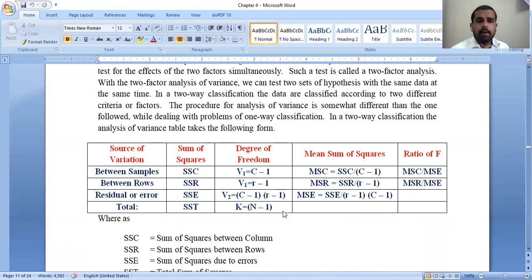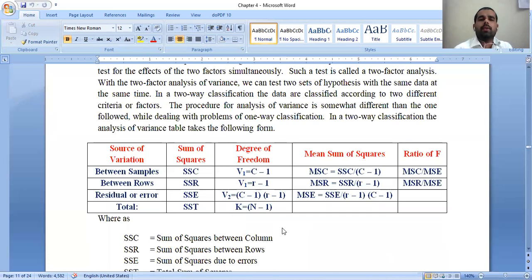One factor means, as we previously discussed, brands A, B, C, D. We focus only on the brand. Or schools A, B, C, D. We focus only on schools. Observe the previous questions also. We did one problem regarding schools A, B, C, D with fifth class students. We focused only on the fifth standard school. That is one-factor analysis. But coming to two-factor analysis, more than one factor is involved.